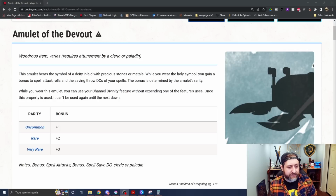respective rarity is. So while you wear this holy symbol, you gain a bonus to spell attack rolls and saving throw DCs of your spells. This is huge because clerics don't typically have a lot of ways, outside of specific possible multi-classing options or even specific subclass choices, to boost the way they cast their spells and to make them stronger. So as such, even an uncommon Amulet of the Devout is going to provide you a +1 to spell